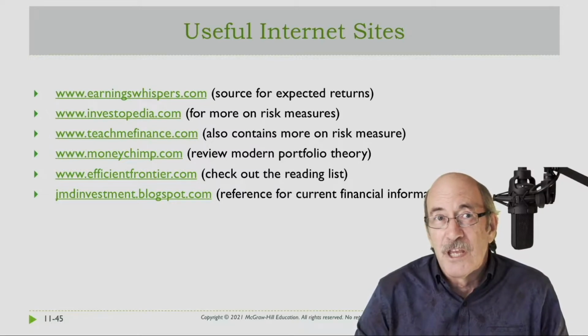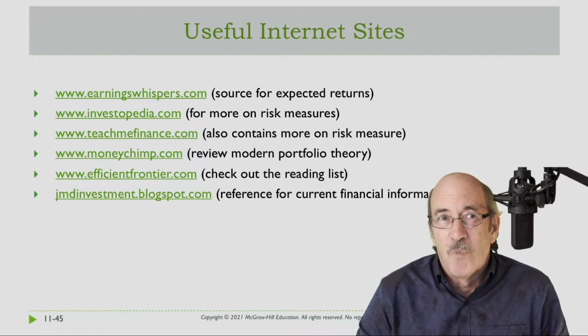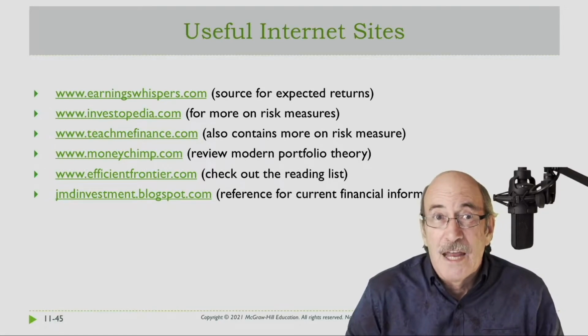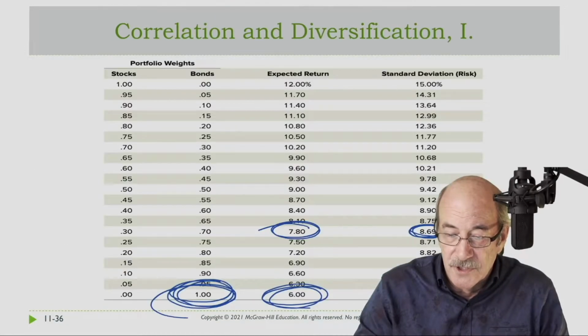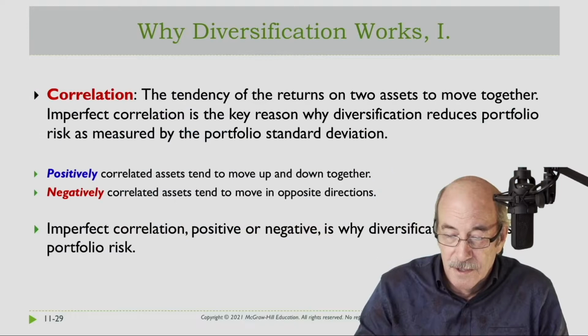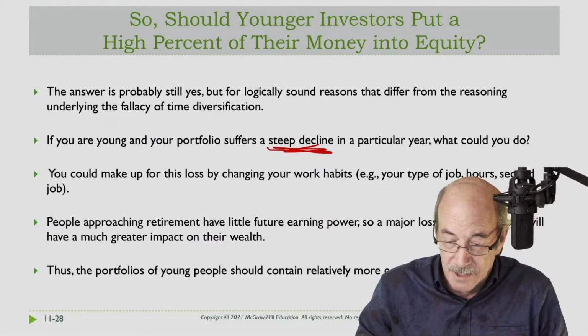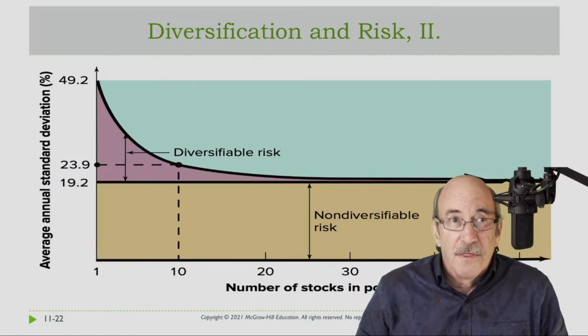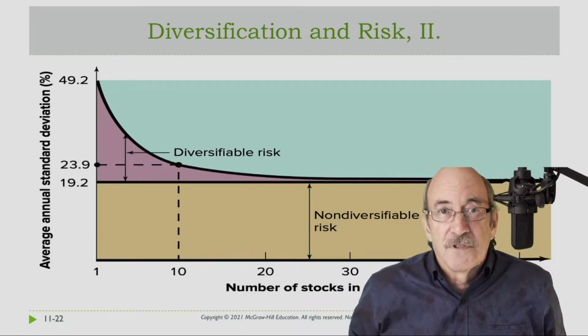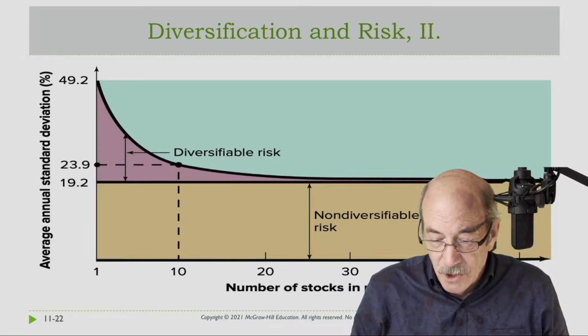So I think that would be the strongest argument I could make for why you'd want to have more rather than less. The other piece of it is that, remember, these numbers that you're getting out of here. For instance, when we go back to this graph that we looked at, hang on a second. Here it is. This graph. This was done with thousands of stocks. So if I go to 20 here,